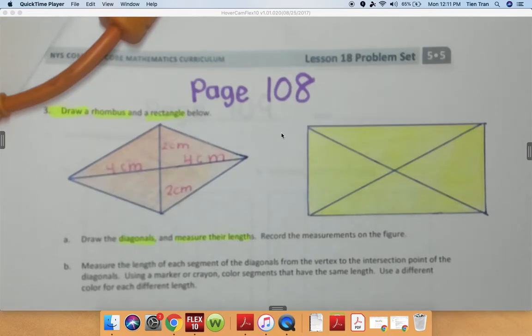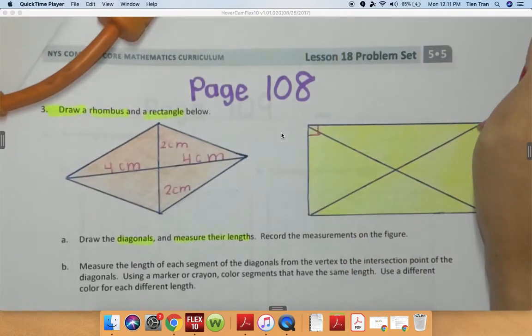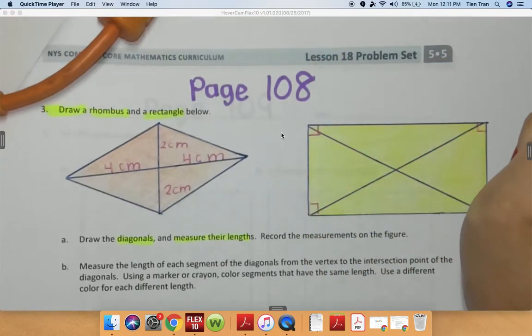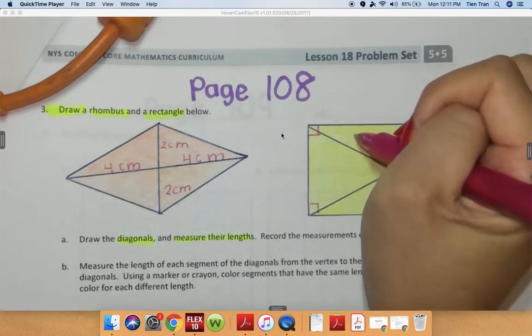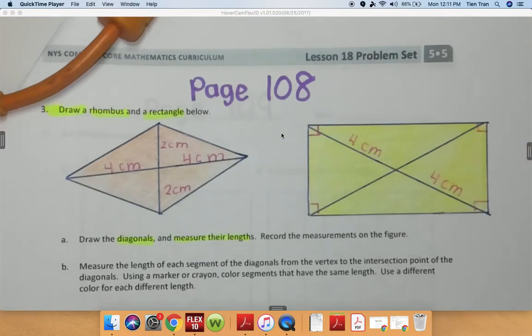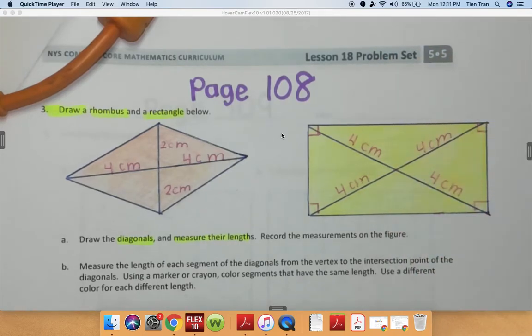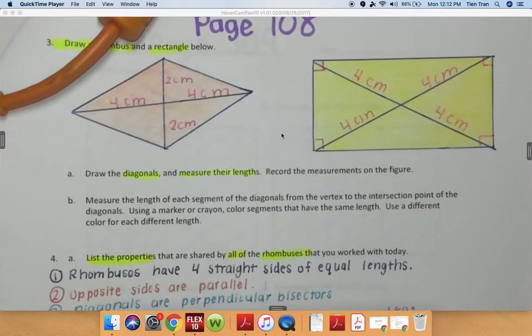Now, looking at my rectangle, I'm going to do the same thing. And remember, a rectangle is considered a parallelogram, so all of its angles are going to be 90 degrees. Knowing that it's 90 degrees, I know that these measurements are also going to be the same. So when I measured across, I got 4 centimeters. And when I measured across again, I also got 4 centimeters. The lengths are exactly the same. Okay? So now I'm going to move on to